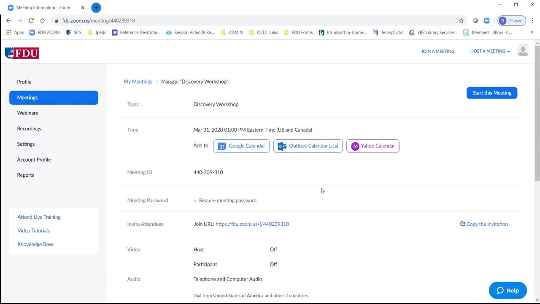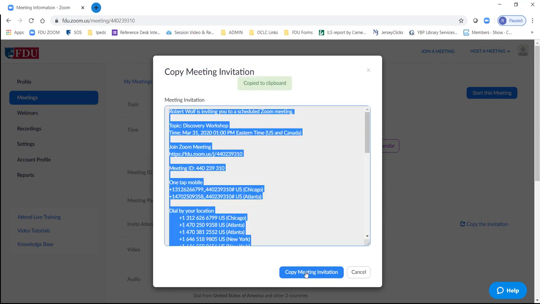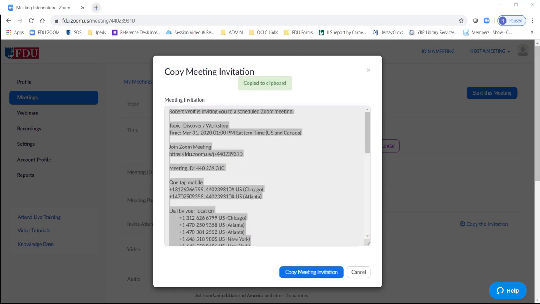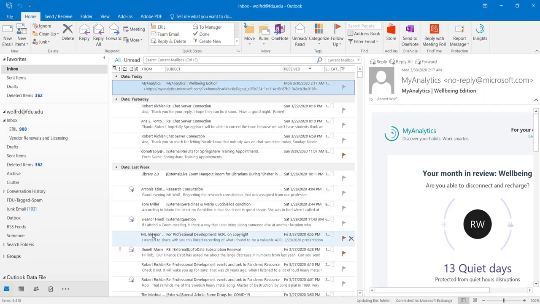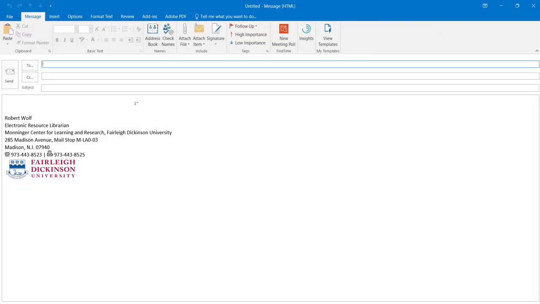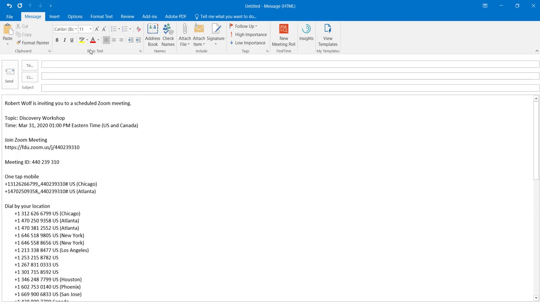Now I need to share this meeting with other people. So we have multiple options of doing that. The most straightforward and easiest is probably just to copy the invitation by clicking the Copy Invitation button, copying the meeting, opening up your email service, whether it's Outlook or Office 365, creating a new email, right click, pasting that into your new email, and then just sending out as if it were a regular